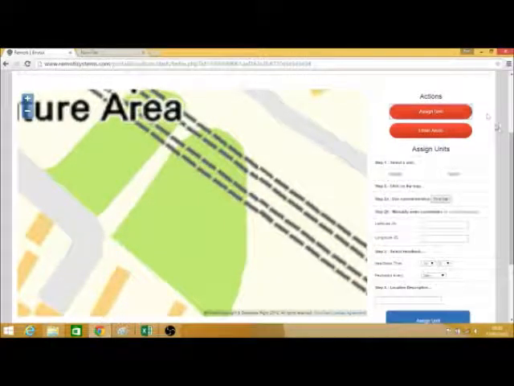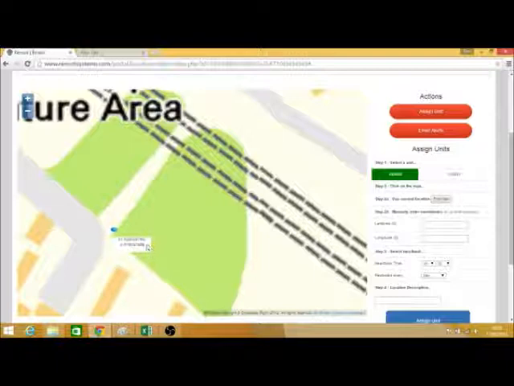So to assign a unit, click the Assign Unit button. We then select the unit that we actually placed in the field. So let's select this particular unit, and then we can either click on the map, which puts in a pin of a location